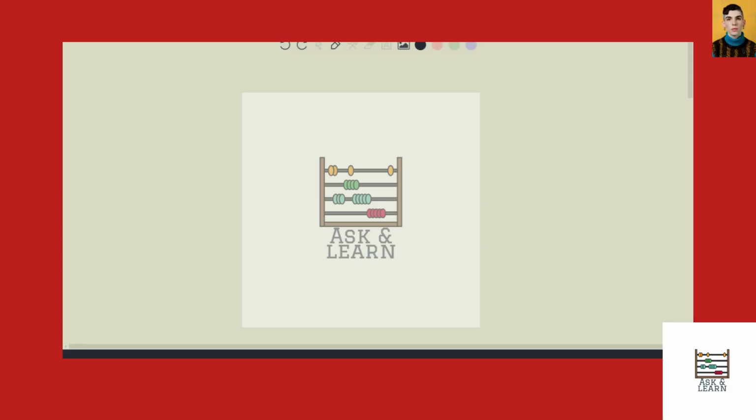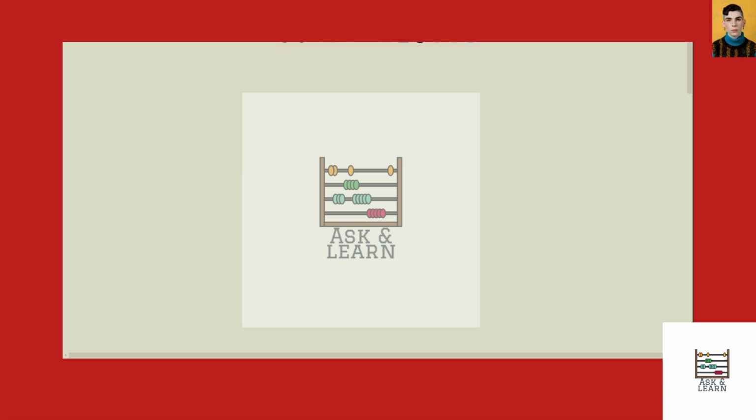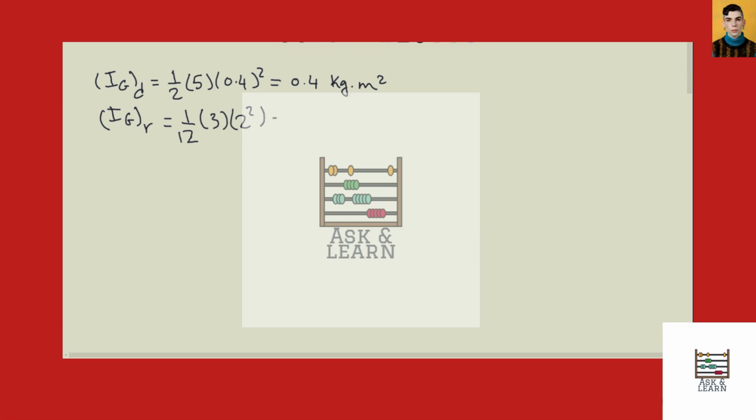In this question, the mass moment of inertia of the disk, IgD, equals half times 5 times 0.4 squared, which equals 0.4 kilogram meter squared, and IgR equals 1 over 12 times 3 times 2 to the power 2, which equals 1 kilogram meter squared. Also VB2 equals omega 2 root 5.92